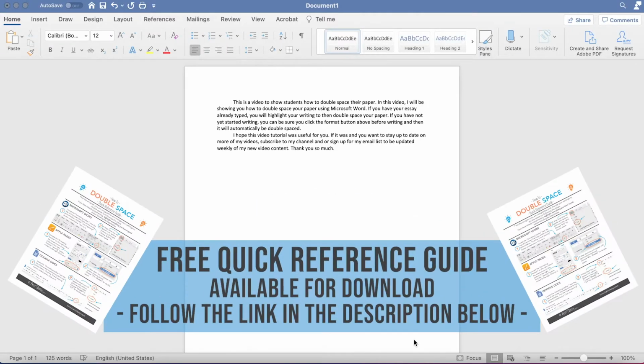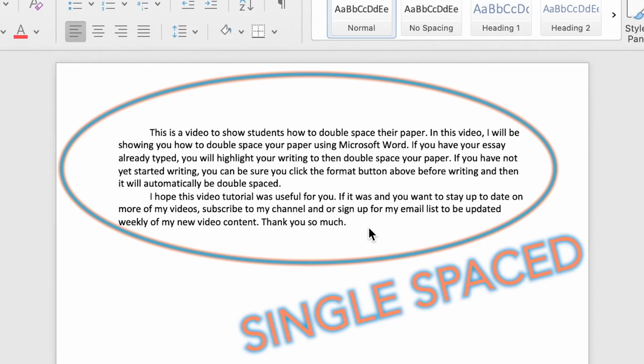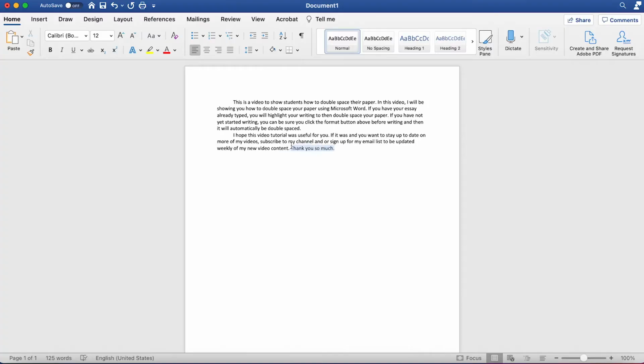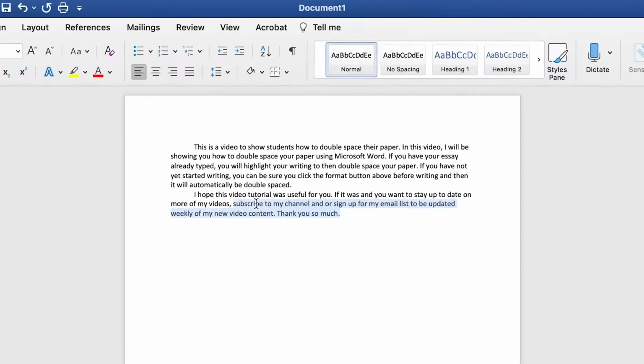Once you're in Microsoft Word, you already have your essay written. This is called a single-spaced essay or a single-spaced paper. If you already have your paper written and you need to double space your paper, go ahead and highlight all